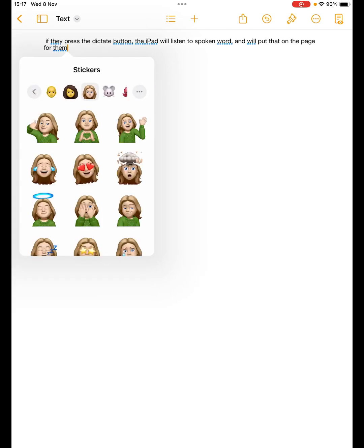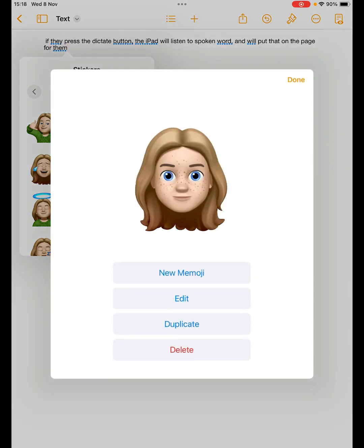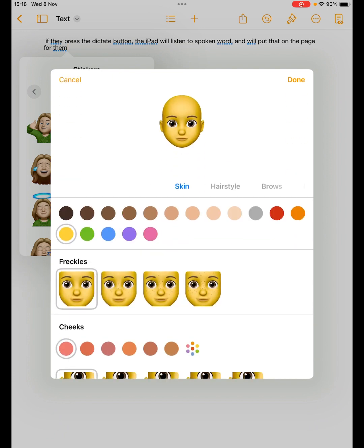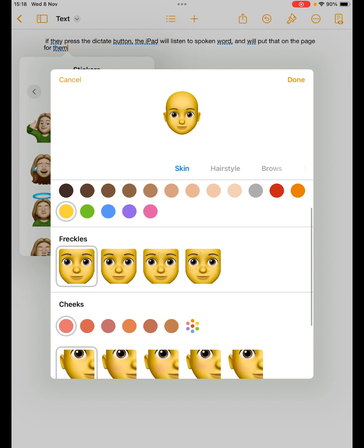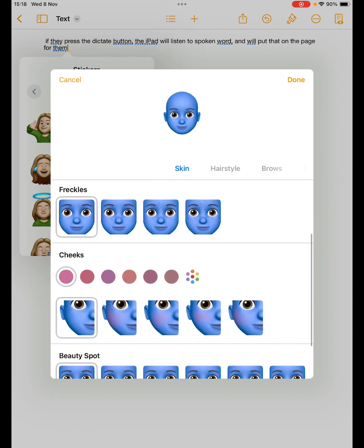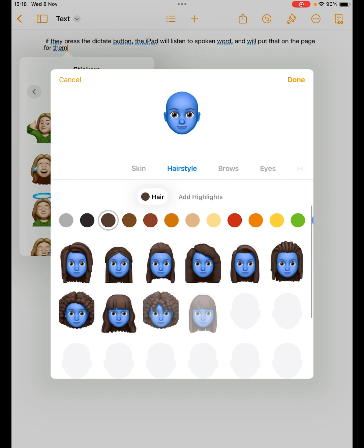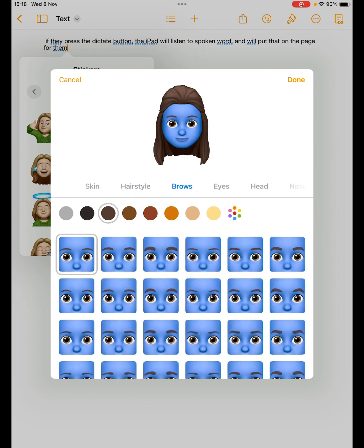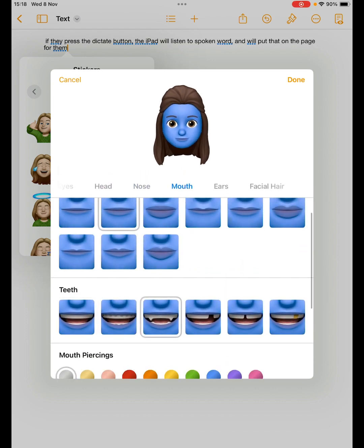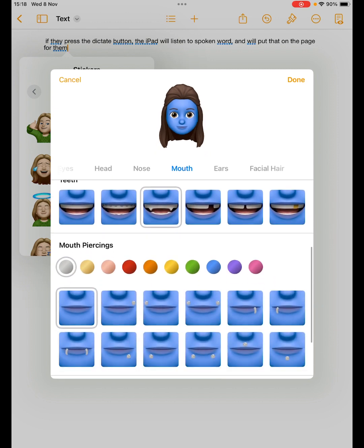You then can press the three dots and press New Memoji, and this is where you can create your own Memoji. So like you can see, there's a whole variety of things that you can do with your Memoji character, and you can have a little bit of a play about with this character. Once you're happy with your Memoji, you can press done, and then you can insert that Memoji doing a variety